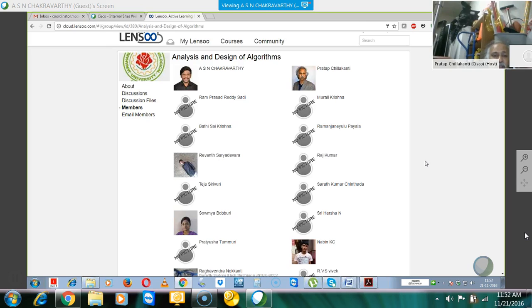Unless they registered, they can't have access to the files, right? So what you would be doing is you would all be going to lensu.com and registering yourself first. Now after you register, once I create a group, you can subscribe to that group. I'll send you which group it is. And the way you subscribe to that group is you will find the group in community and then you subscribe